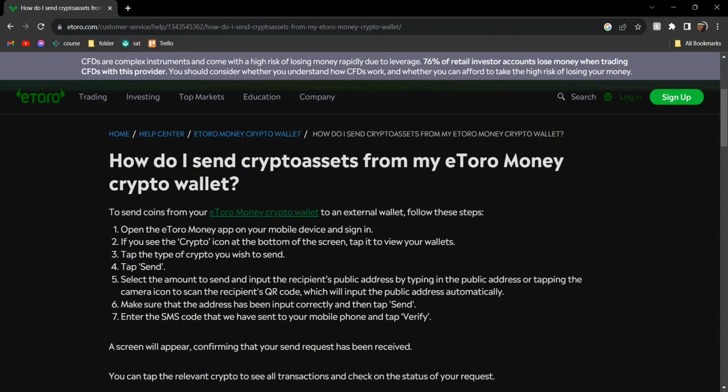So at first you need to head over to the Etoro Money app on your mobile phone, and then you'll see the crypto icon at the bottom of the screen. Tap on that, and then tap on the crypto that you want to transfer, and then click on send. It's going to ask you how much you want to send, so you put in the amount, and it's also going to ask you to put in the recipient's